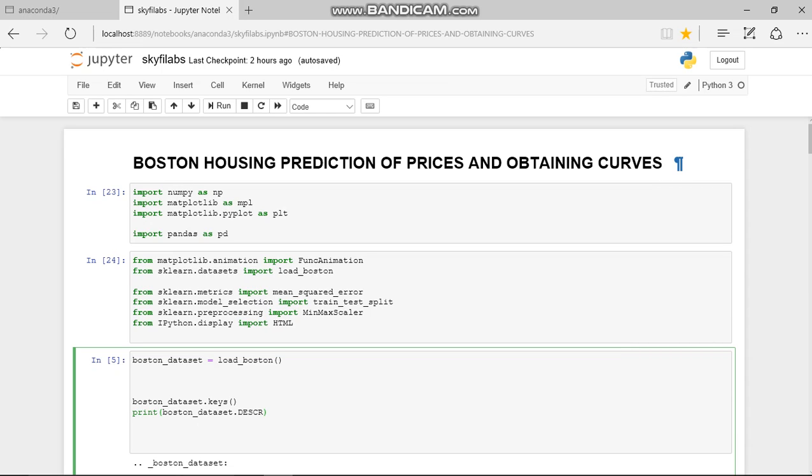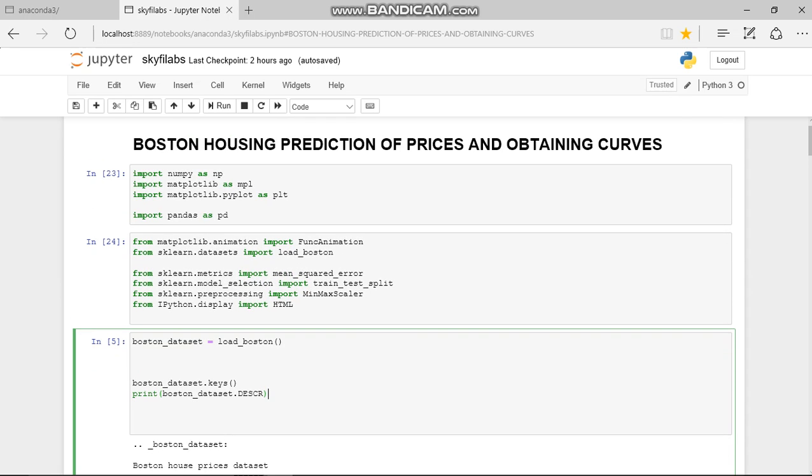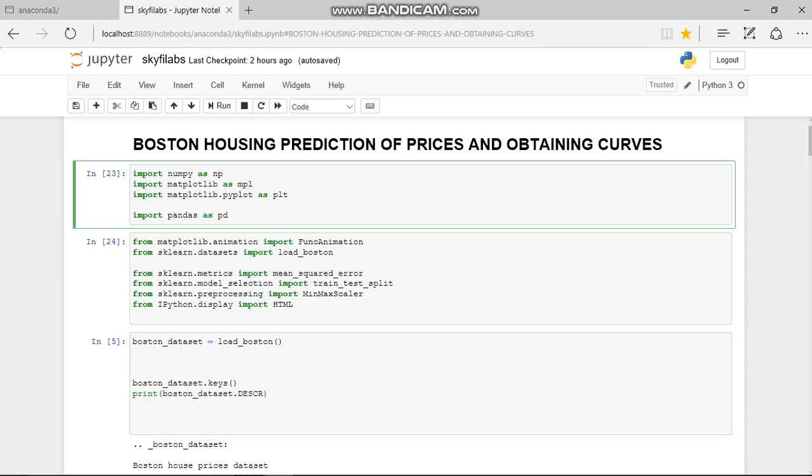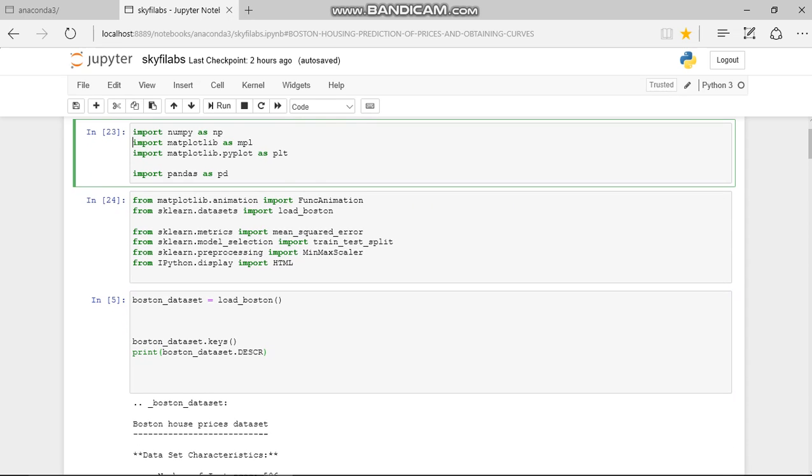So here we are going to discuss the prediction of prices based on the Boston housing, and after that we are going to obtain the curves. In the first cell, as you can see, we are importing NumPy, Matplotlib and pandas. After that we are going to import some functions such as FuncAnimation, load_boston and other parameters of